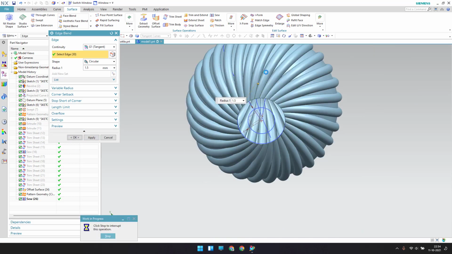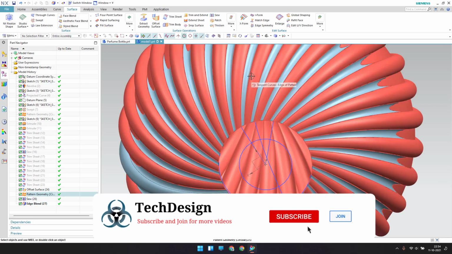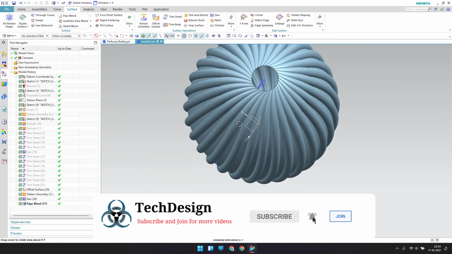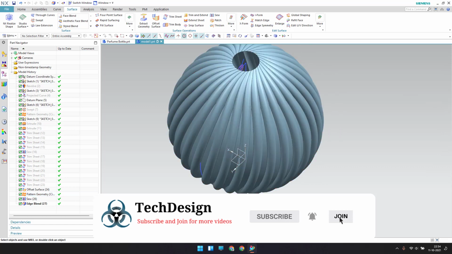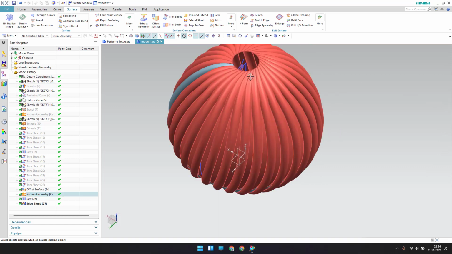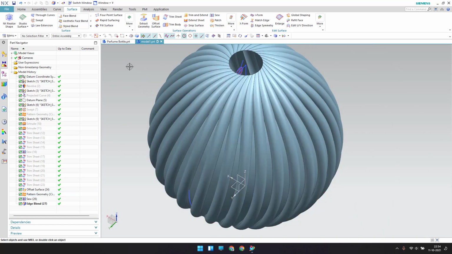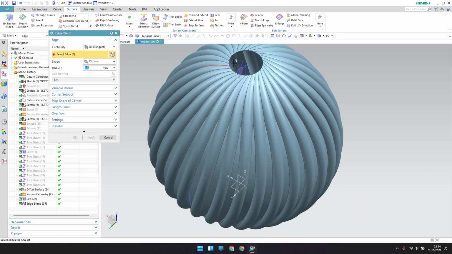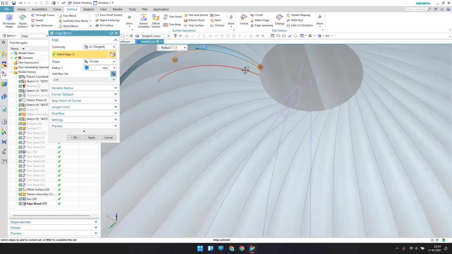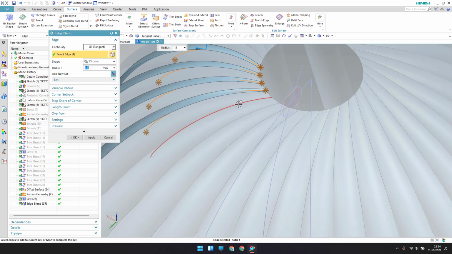Now we'll get the edge blend. In the same way, I'm going to make an edge blend on the top side as well. We have to provide a 1.5 mm edge blend. Let's go to edge blend, keep it as 1.5 and start selecting all these things.